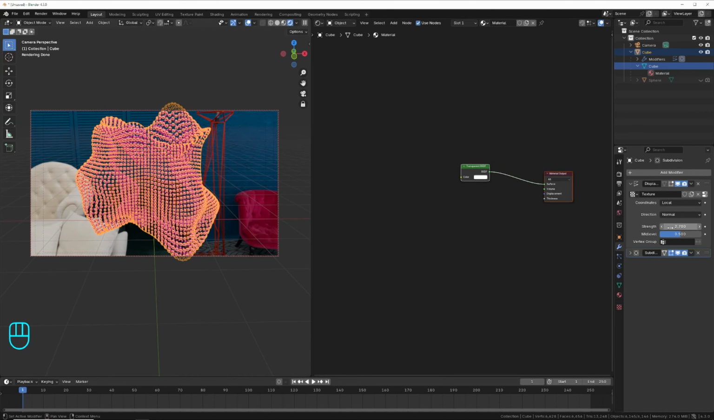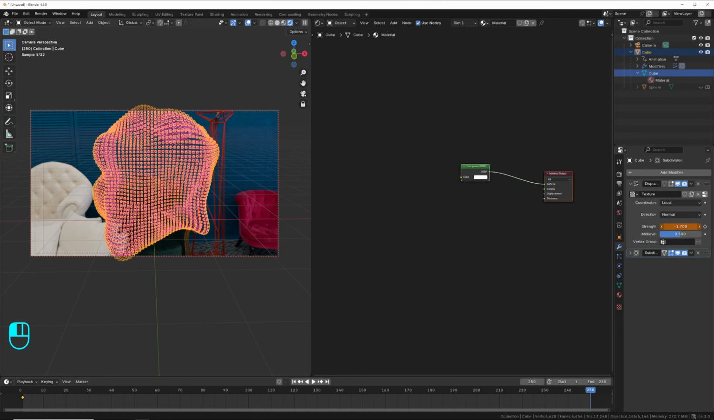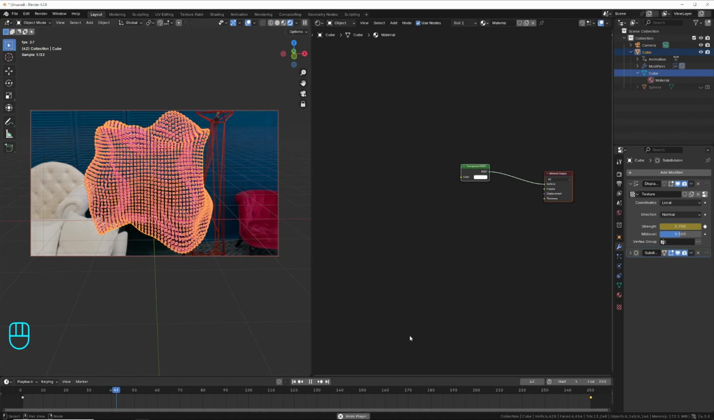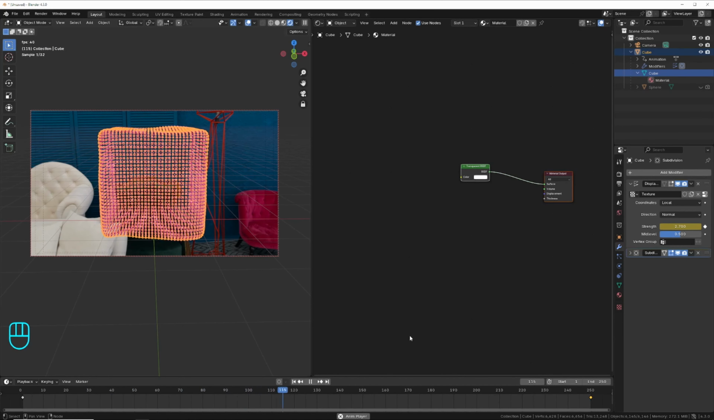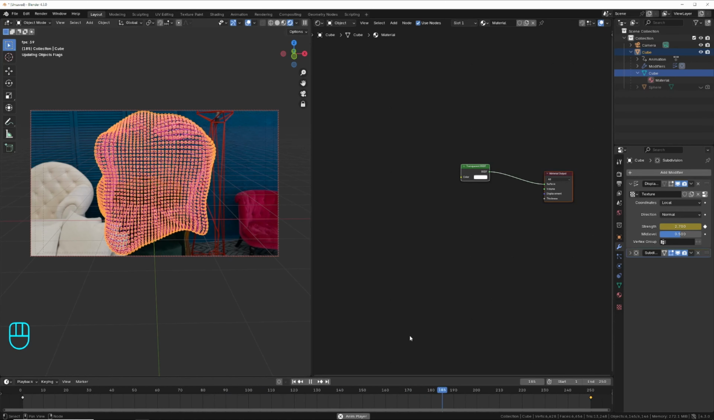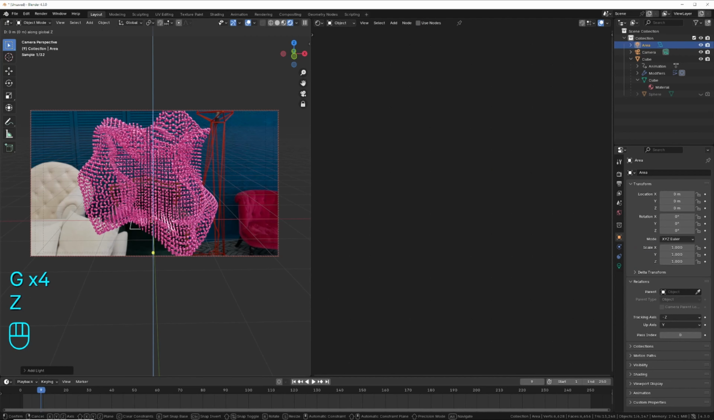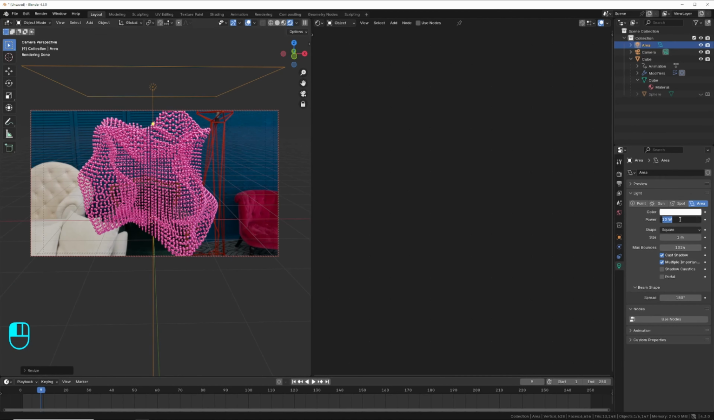So I select frame 1, right click, insert a keyframe. For me, I make it 250. Make it as you want. So I go to frame 250 and I change this. Now right click, insert a keyframe. Now if we play, we have this animation like this. Now I add an area light, G Z up, S to make it bigger. And now I give it maybe 500 like this,